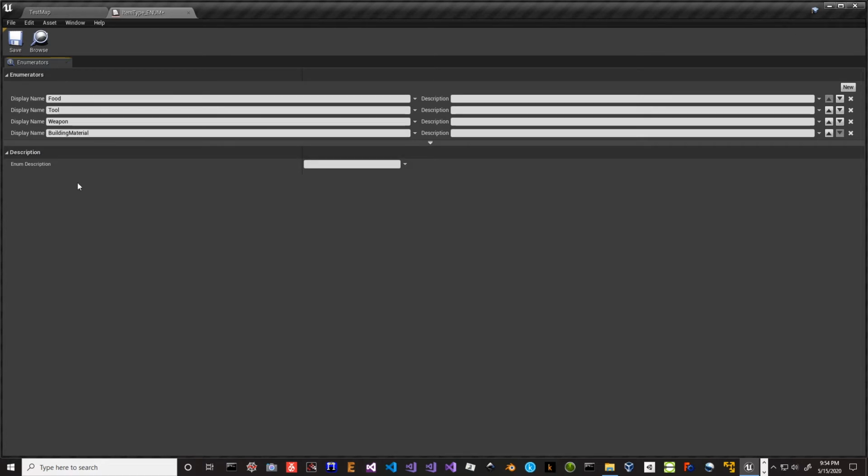Or maybe we'll just call it crafting material. So it's not really good for anything else but crafting stuff. There might be a few other types as we move along and make things, and we can always add them